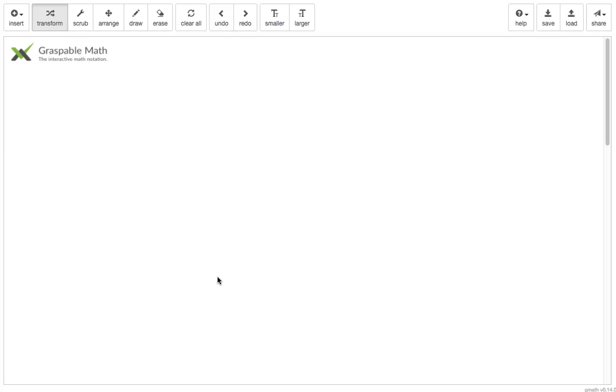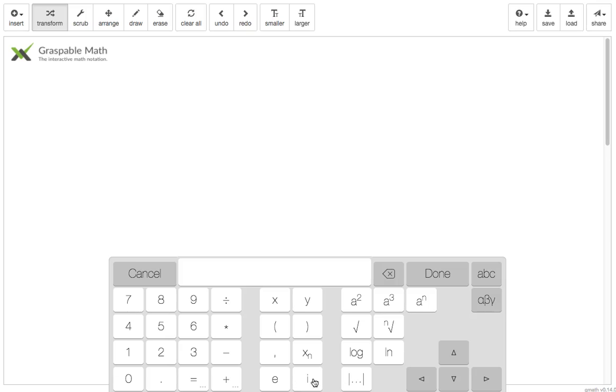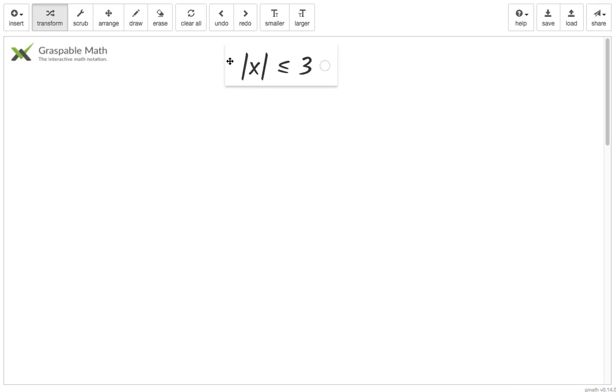Okay, so here's our new absolute value action. I'll start with an inequality. The absolute value of x is smaller or equal 3. And I want to rewrite this into two statements. The value of x needs to be smaller equal 3, and the value of x needs to be bigger equal